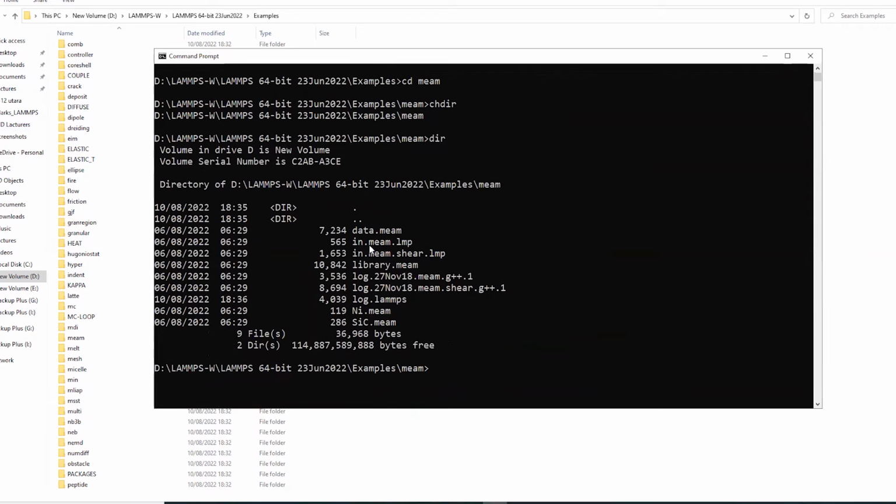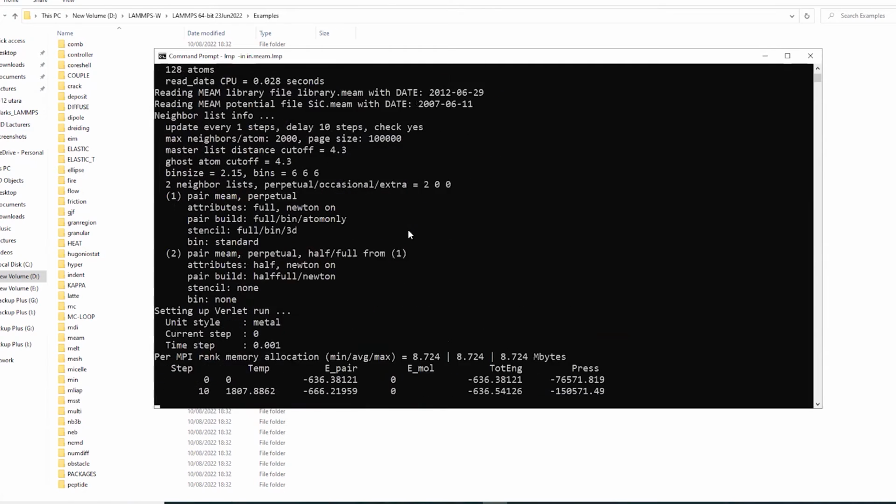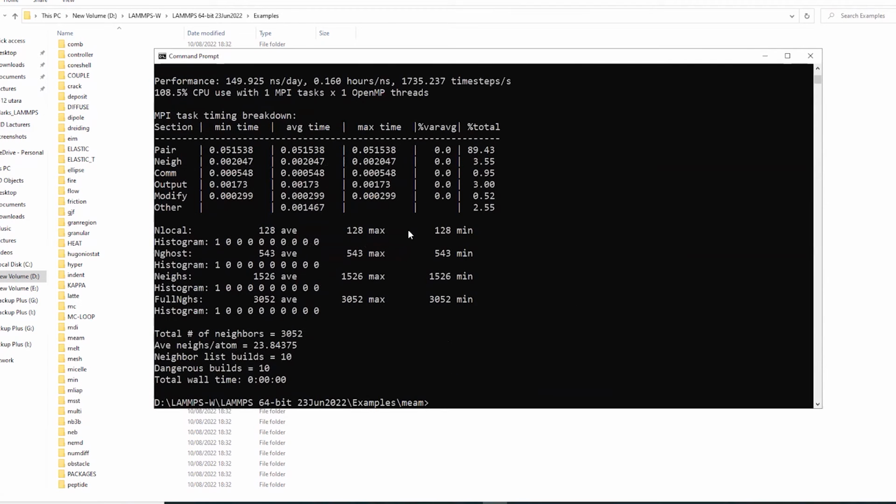This in.mem.lmp is the input file. Just type lmp, this in, and the input file name. It will start running and then stop once your simulation is over. Depending on your problem, it will stop the simulation. So this is from Windows. And now I'll show from the